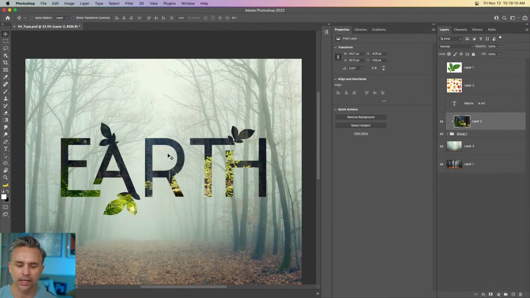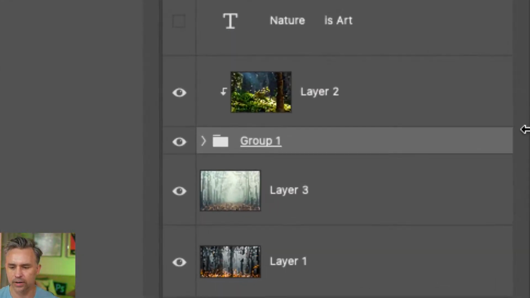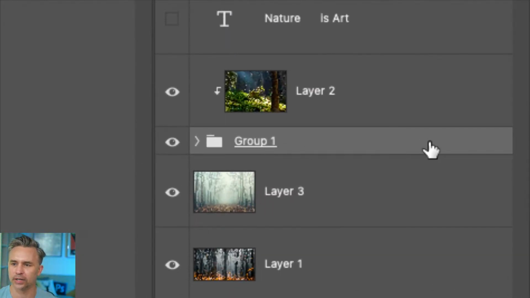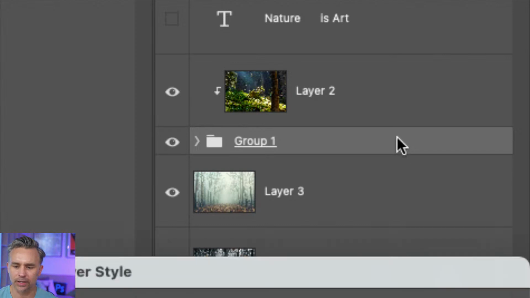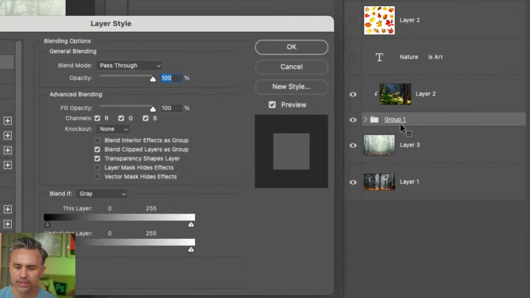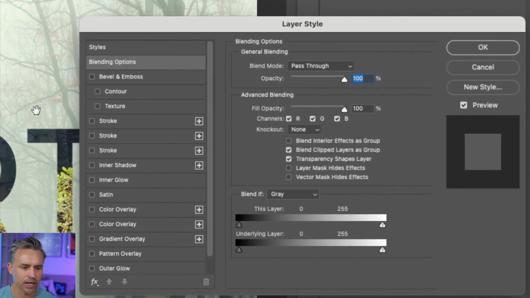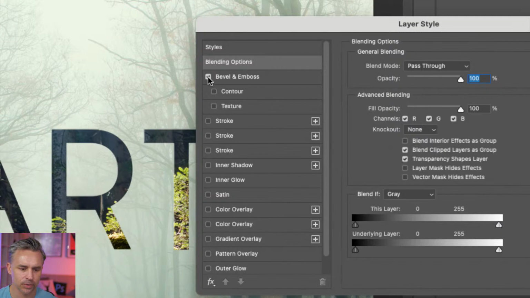This might still need a little bit of punch, or it's cases where you typically need to separate it from the background. I personally love this flat look, but layer styles are hidden. They're kind of hidden right over here. So if you just double click, now you have the layer style for this entire group, for all that text. So as we take a look over here, let's go ahead and throw a bevel and emboss. We'll click right there.